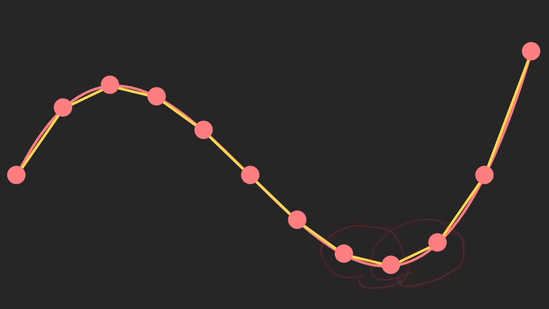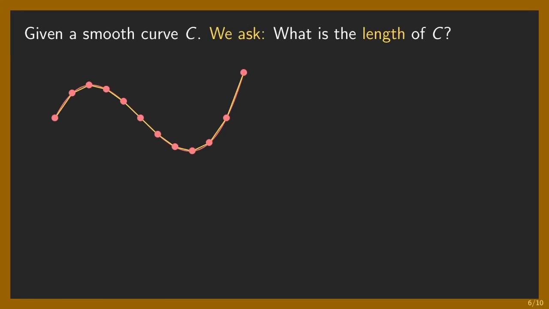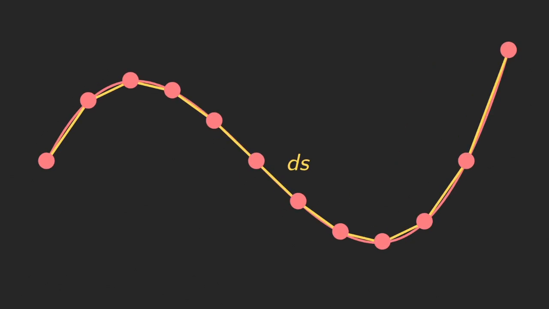There's a very small error, but the error can be minimized if we break this down even further, or if we insert more and more points of division along the curve. Okay? But in calculus, if we denote by ds one of the portions of the curve, you see that the red line segment and the red part of the curve are almost the same, or their errors are negligible.